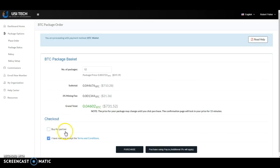And if you were buying for somebody else on your, let's say your downline, you could click this button here. But if you're just buying for yourself or you have no referrals, you would click this button right here, okay? And you would click purchase at that point. And they also have an option here where you can purchase using Payza. I actually haven't used that at this point because they do charge an additional 5% for that. So what I do is I purchase here,